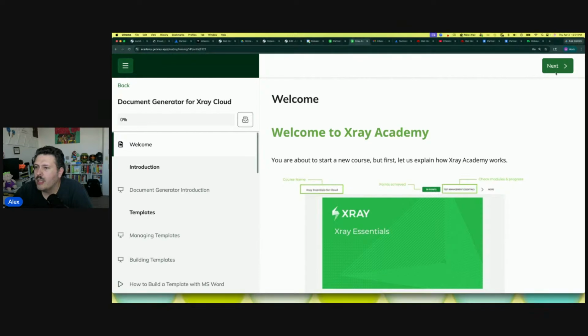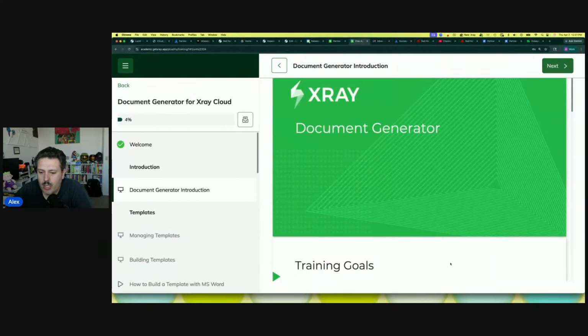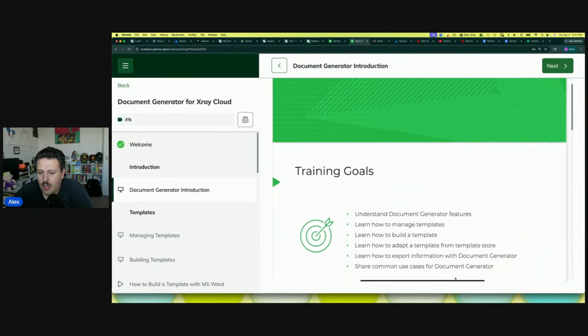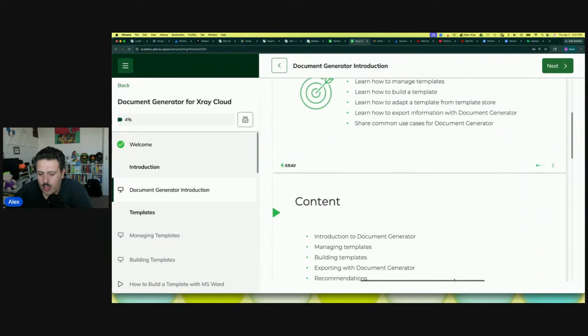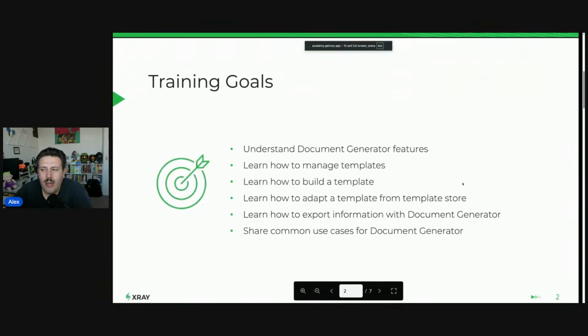All right. Click on next so we can get past this welcome screen here. We're going to have a quick introduction. Let's see if we can get the full screen to show up here. There we go. All right, so today we're going to be learning how to understand the document generator features, learn how to manage templates,